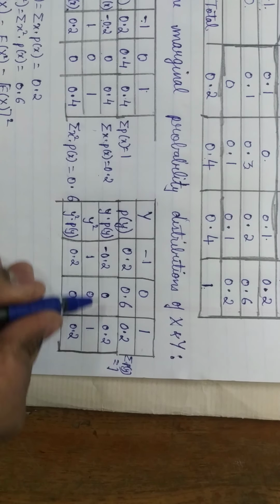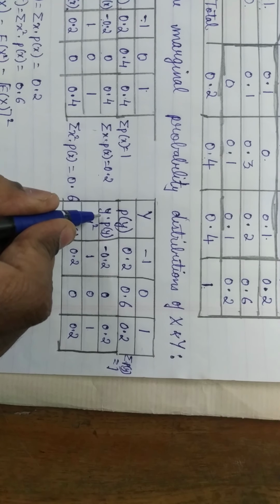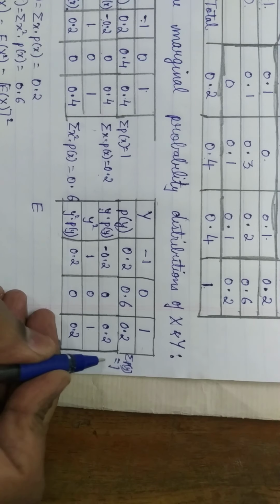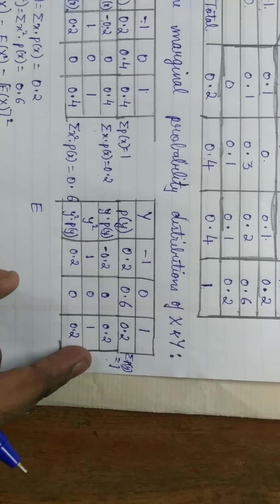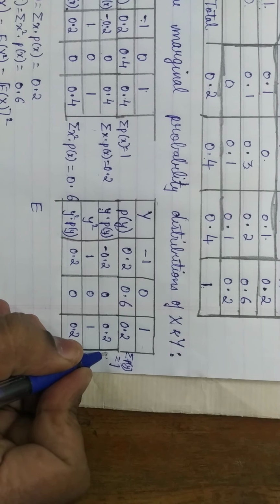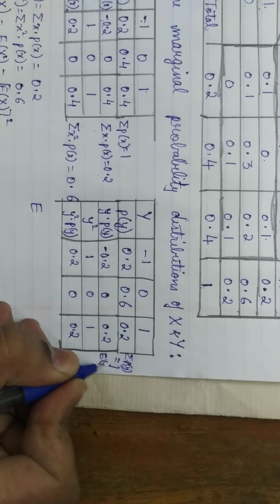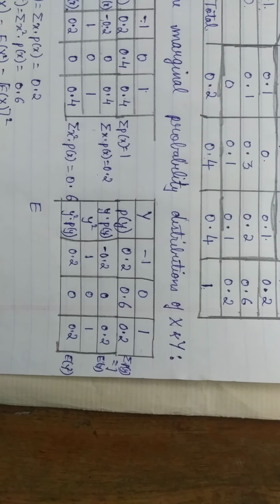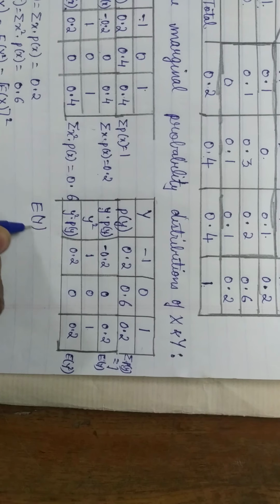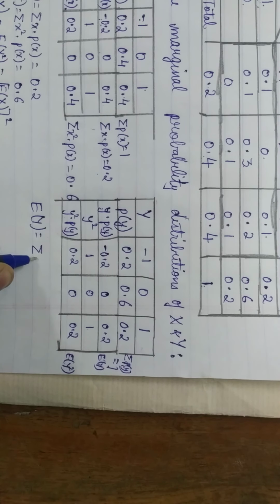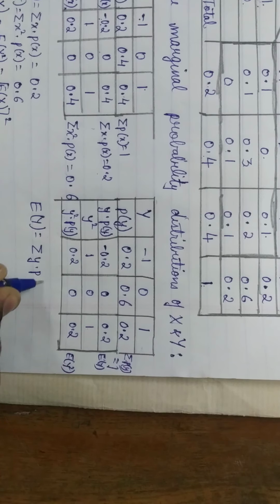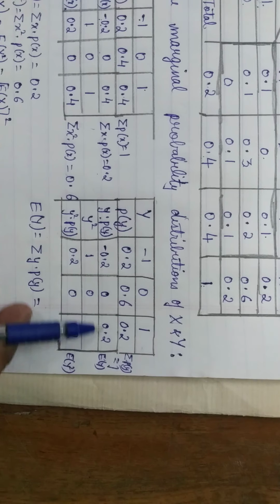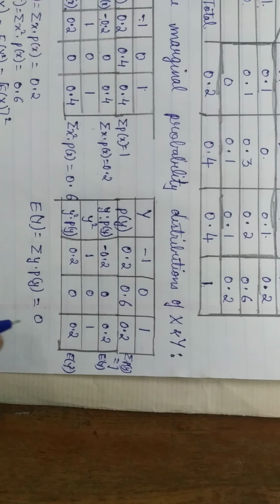So we know that summation of anything into P of y is E of y. You should write here just like what we have done here. I do not have space, so I am not writing this. This I'll get as E of y, this I'll get as E of y square. Okay, so E of y is equal to summation of y into P of y. You should add this up, you will get E of y, that is nothing but 0.